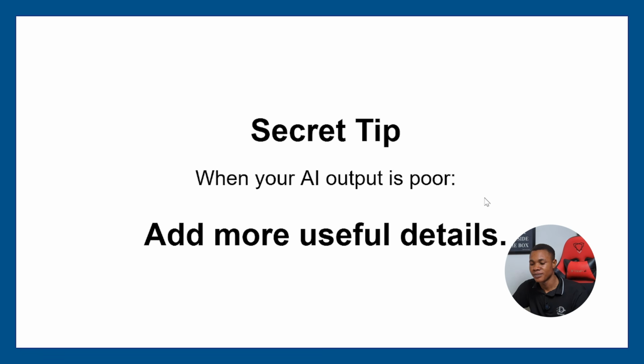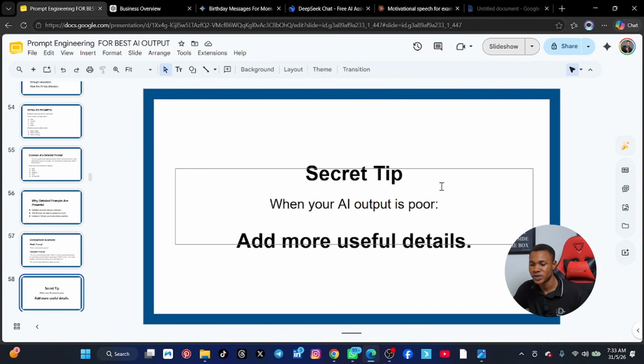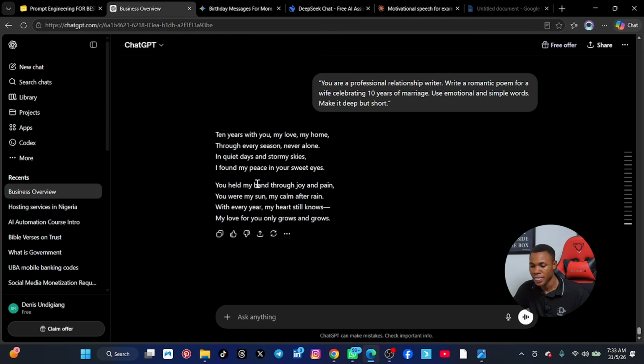Now, the secret tip: when your AI output is poor, add more useful details. Now let's practice this, please. Let's come to ChatGPT. Now, of course, you can see that it gives this prompt. Let's use this particular prompt and continue. So you can say, 10 years with you, my love, my all that. Now if you want to add more details, you can say